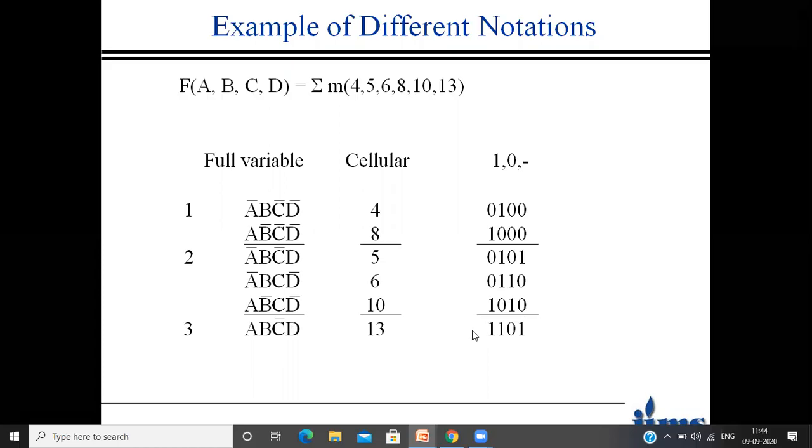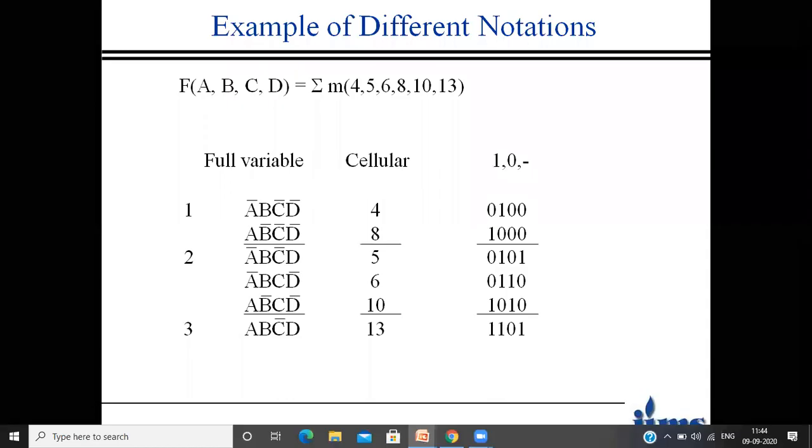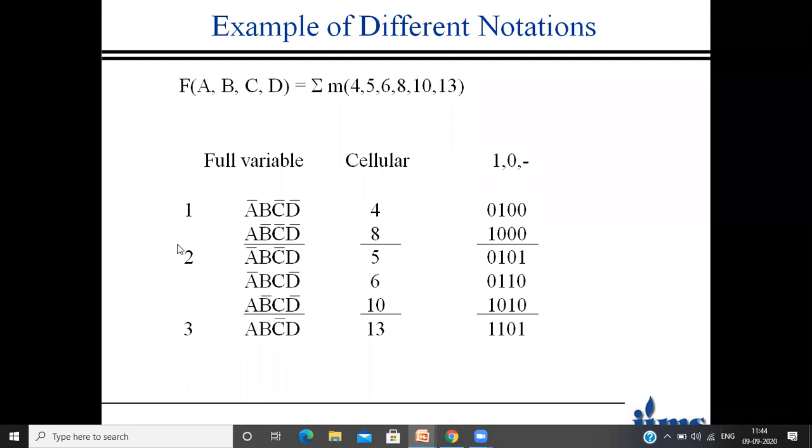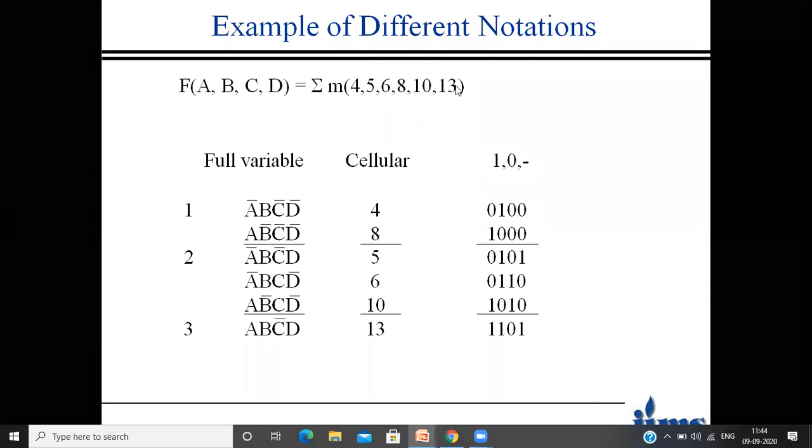If there is a possibility, the next group will be of 4 ones, and the next group will be of 5 ones. So we have to arrange in the increasing order of number of ones. These are the groups. We have to segregate all groups. That is a table. So in this way, we have to segregate. So here we have 3 groups. So the very first step will be,